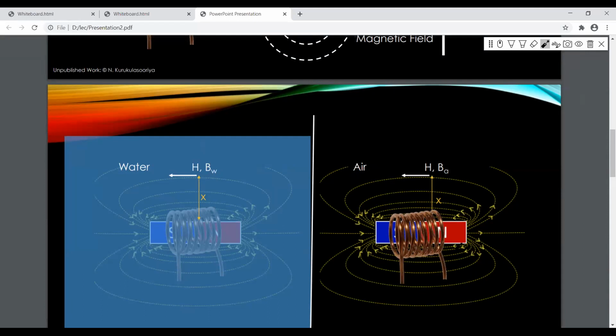So the intensity, or the strength of the magnet, can be controlled by the current and the number of turns, right? So remember, this we simply call an electromagnet now. This is an electromagnet,